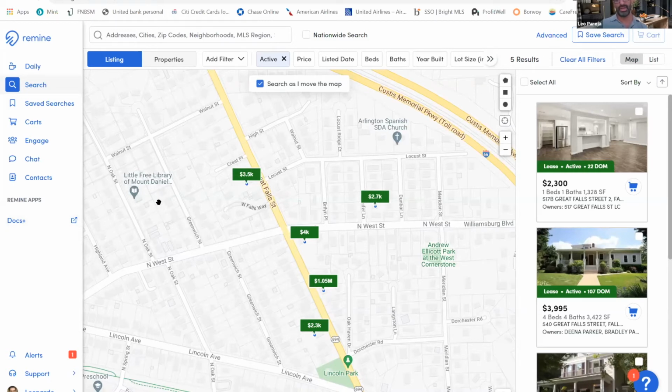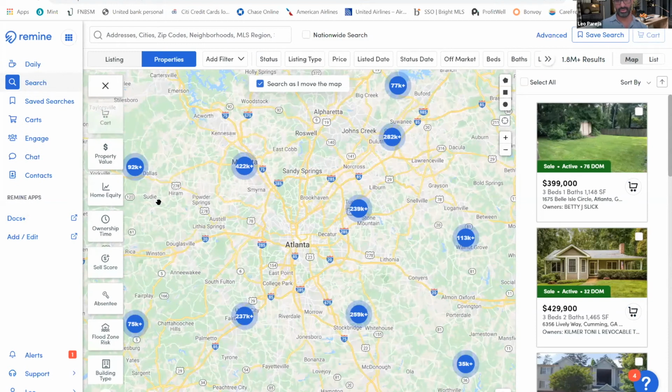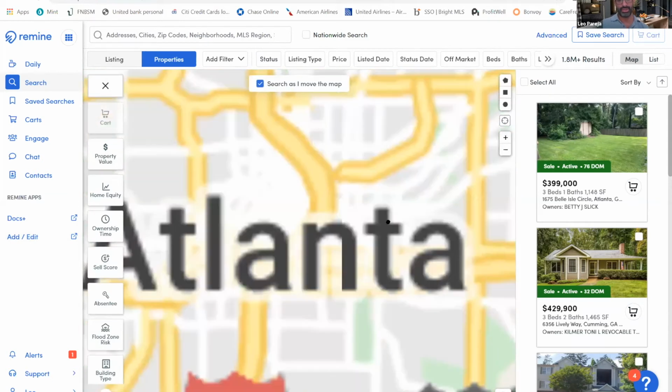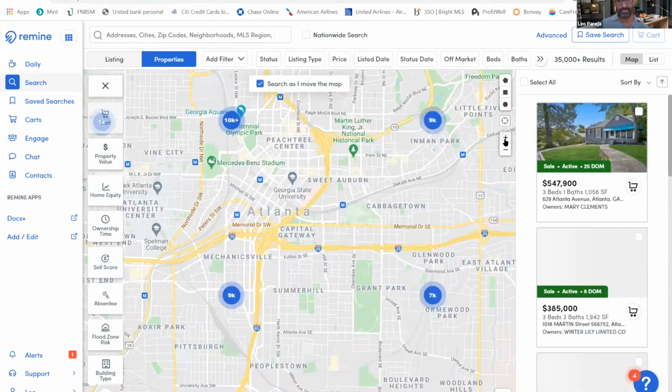Inside of FMLS, which I understand some or all of you may have credentials to, you would see the multiple modules, right? The one we're discussing next is add edit. If you're going to add a listing to the MLS, you would do it through the add edit module. You can do it directly from a piece of public record information. So if we just zoom in into Atlanta,